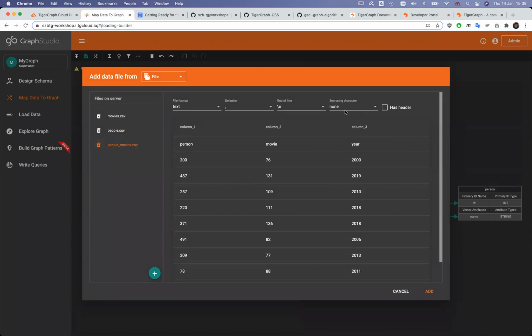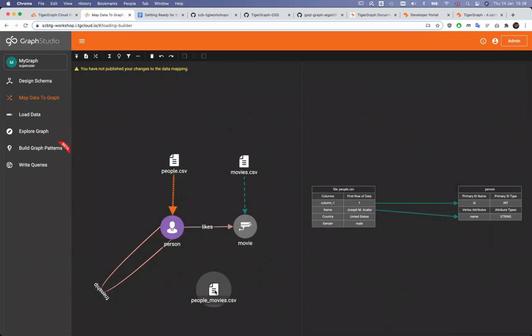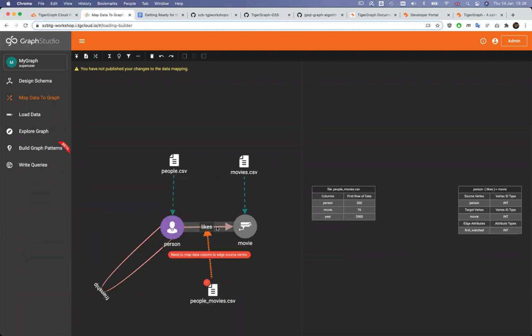These are all numbers, so there is no enclosing character, but it has a header. This time, I map the file to an edge. I simply click on edge. An edge doesn't have IDs, but it is identified by the source and target vertex types and their IDs.